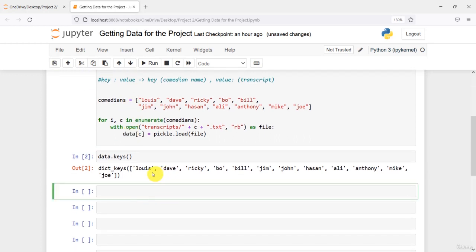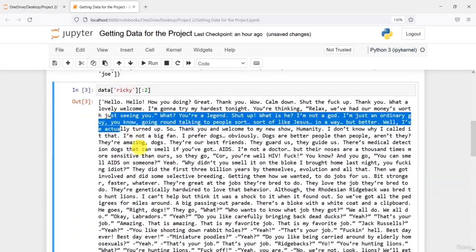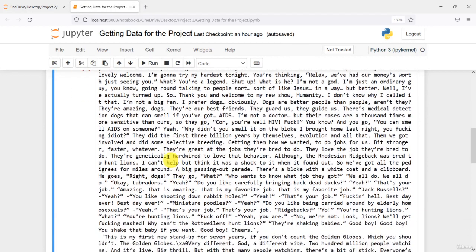Now let us say that I want to check the transcript that we have just loaded of Ricky Gervais. For that, what I can do is get the values also, but I will just access it from here, and I'll give the name Ricky. Doing this, you are going to get the entire script of Ricky Gervais, but I don't want that. I just want the first two sentences maybe. So I'll just run it. Then you can see this is his transcript, the first two